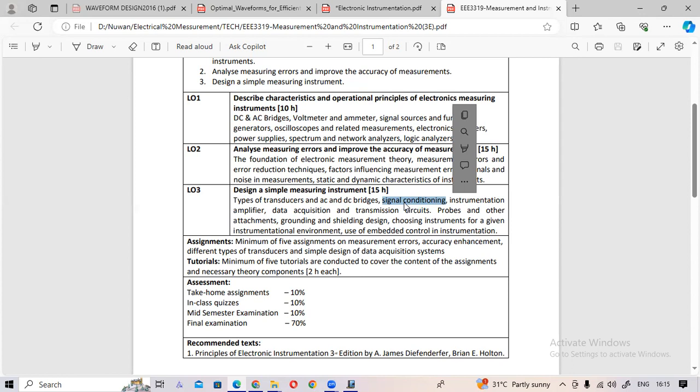What is this conditioning means? It is normal words, no? Conditioning means